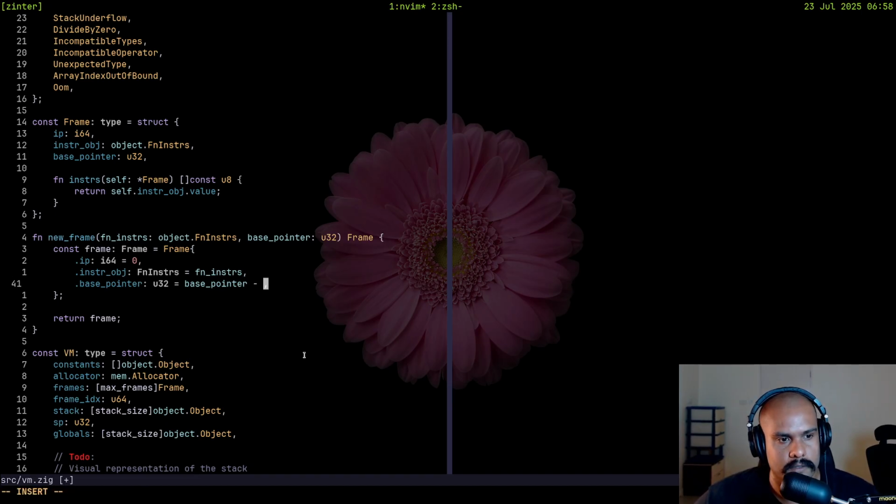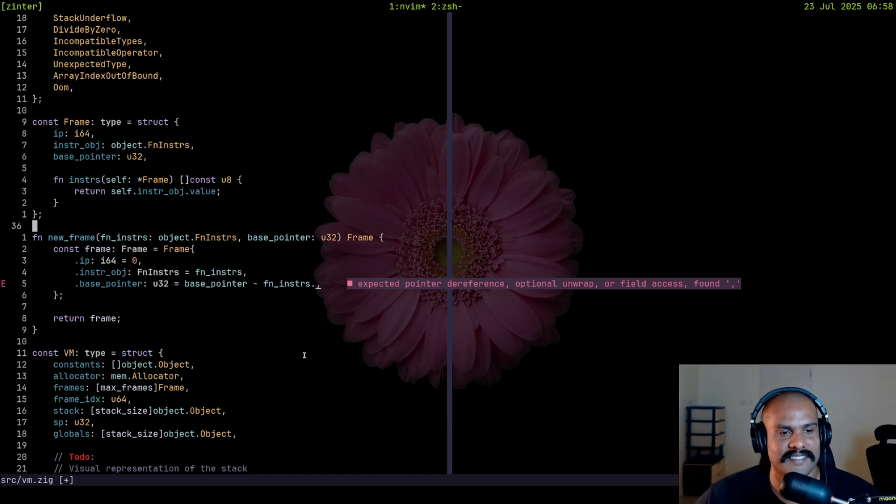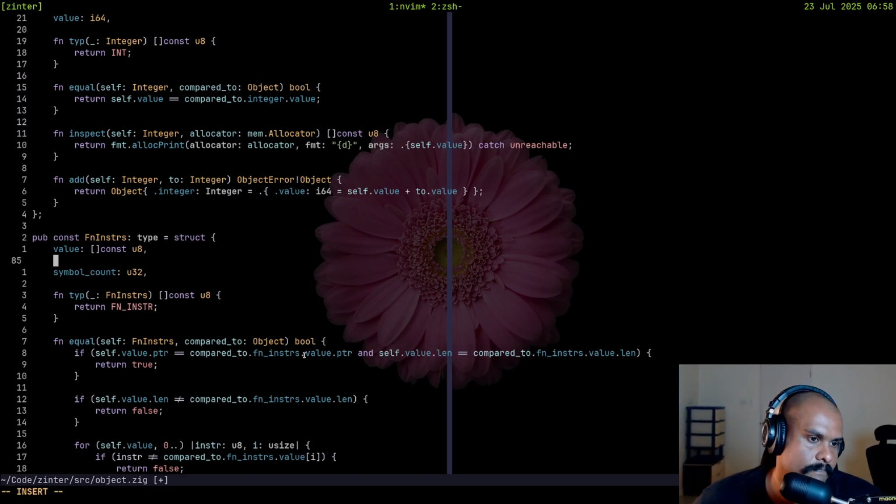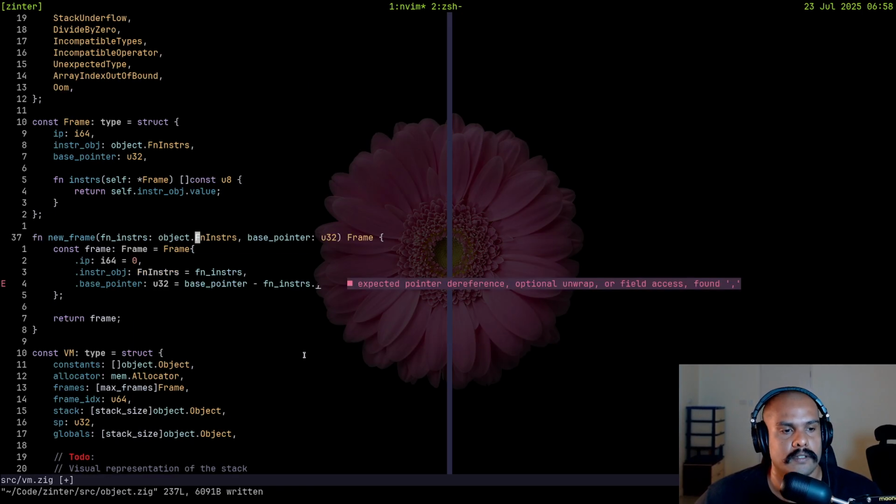Base pointer minus function instructions dot. Yeah, come on, go back. Or I could... No. I would have to update too many things.